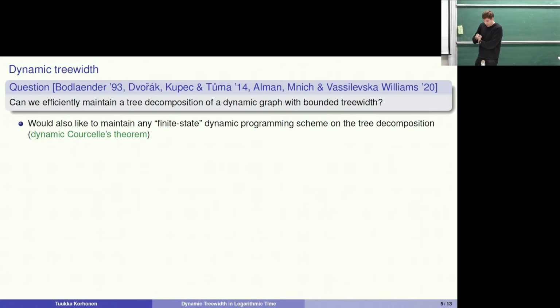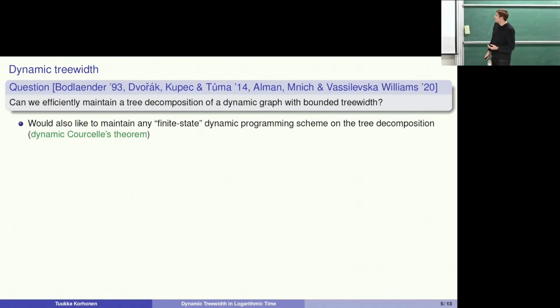We would also like, in this data structure for dynamic treewidth, to maintain some dynamic programming schemes on the tree decomposition. All of these applications of treewidth typically work by running some dynamic programming algorithm on the tree decomposition. So to use a dynamic treewidth data structure for anything, we would need it to also be able to maintain these dynamic programming schemes in the